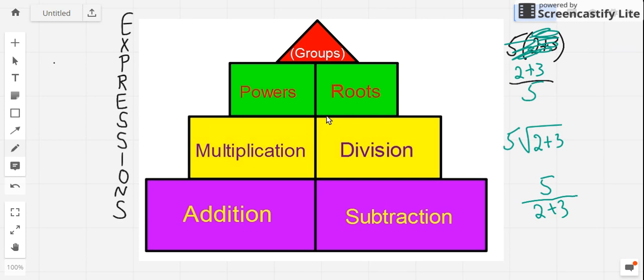And by the way, if you can only make your poster black and white, you're kind of missing out. I would even color it in before you get it laminated if you can, or something different. I try to make each of these levels different colors so they can see that there's a connection because these guys are on equal footing. This one comes first, that one comes next, and I try to explain to my kids that the one on the left, you go left to right there, boom boom boom boom, right, and that they're on equal footing. So it's okay that if I have,